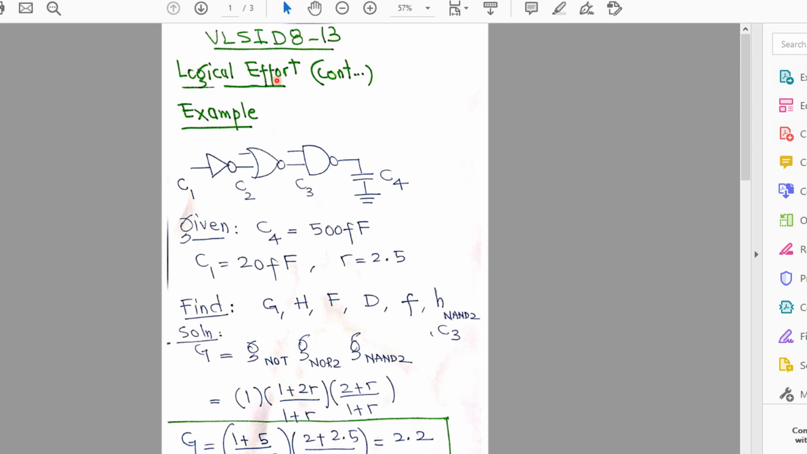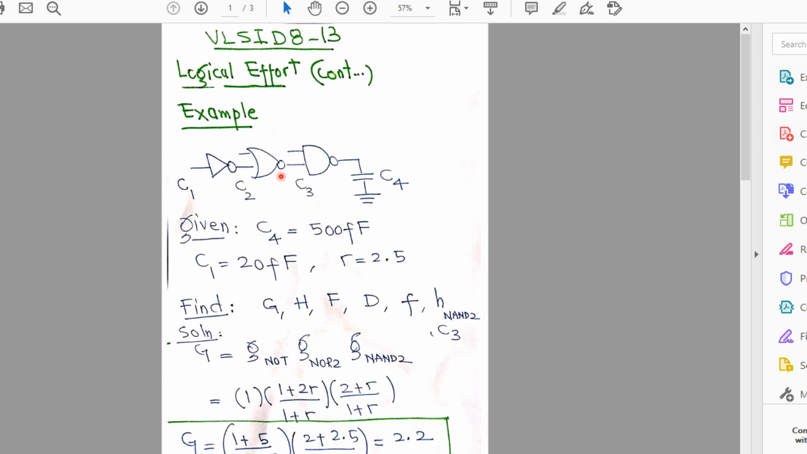We'll keep on studying logical effort, and today we'll solve an example where we have a NOT gate driving a NAND 2, which is finally driving a NOR 2. The input capacitance of this NOT gate is C1, the standard capacitance. The load capacitance of the NOT gate is the input capacitance of the NAND, which is C2, whereas the load capacitance for this NOT